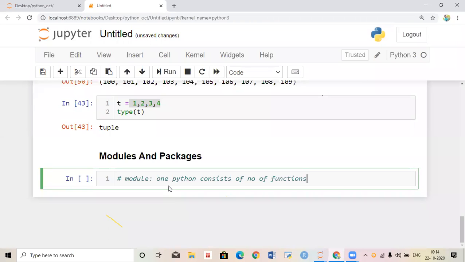Now I want to create a user defined module. How to create a user defined module and how to use it, we'll see.